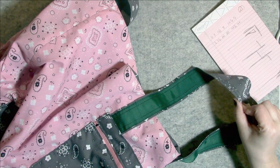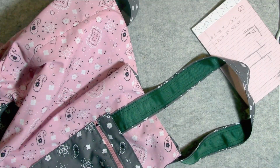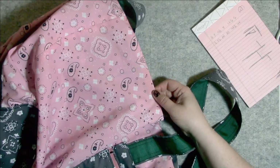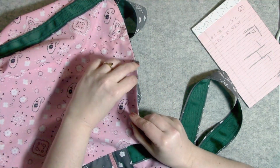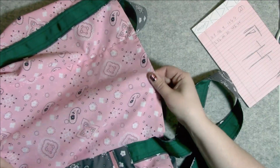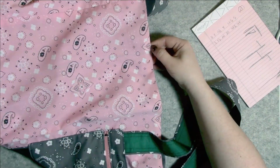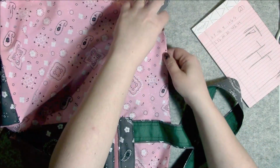So do not start sewing in the middle of the straps. It'll be really easy to catch the strap in a weird way in your sewing machine so that it becomes really difficult to sew. I would start sewing on the side that does not have the opening, okay? So on the short side that does not have the opening. So I would start right here, do some back stitching, and you're going to stitch 1/8 of an inch away